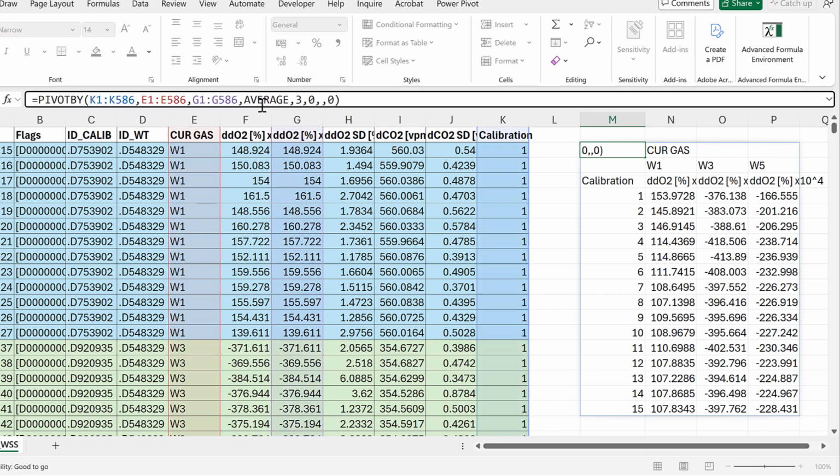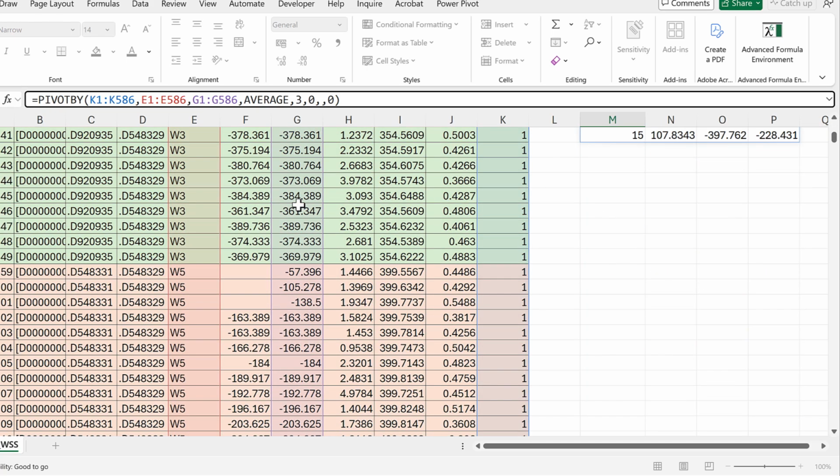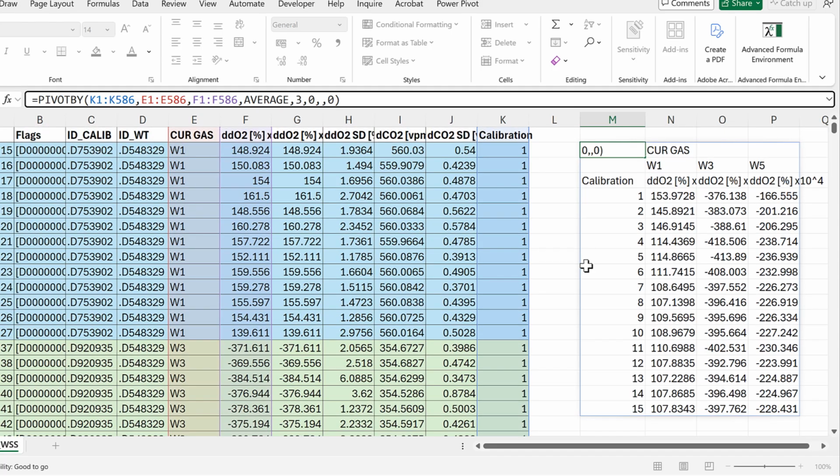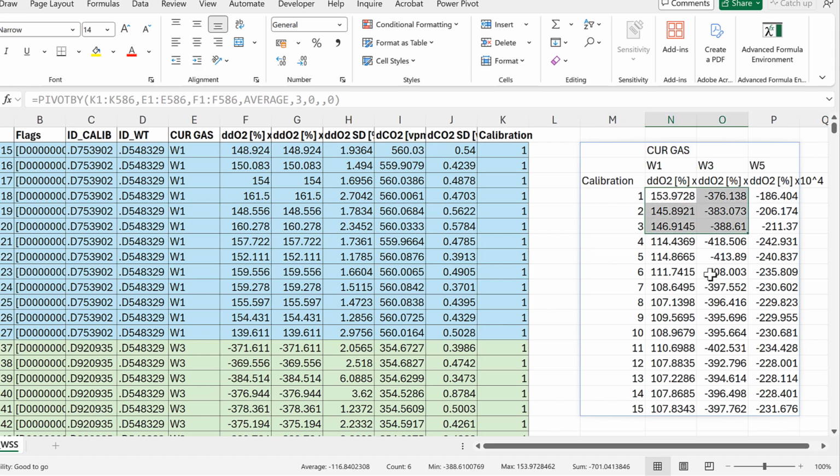Now that I've got this column set up, I can fix my pivot by formula. So here I'm looking for the average for all of the values for the W numbers for all of the calibrations in this table. And at the moment I'm including the first 3 W5 values, but I can drag this across into the next column and now they are being excluded. And when I press enter, you'll see that the numbers in these 2 columns stay the same,